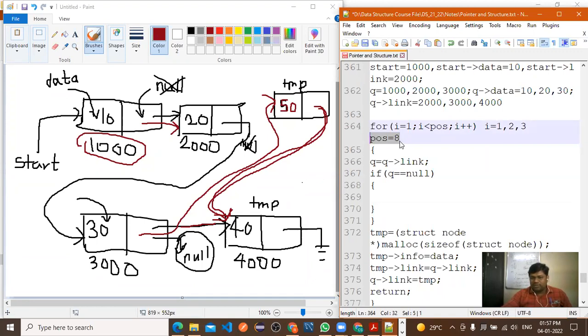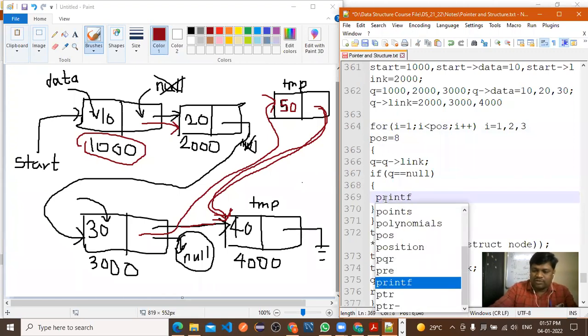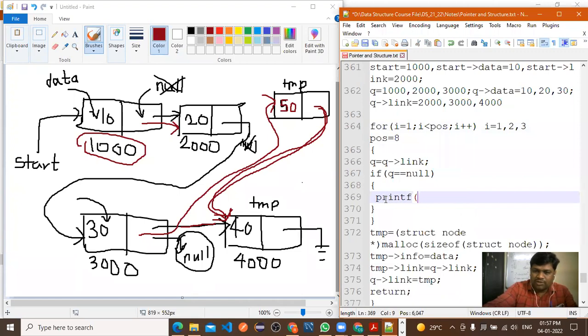Is this position available in the list? No sir. No. So at that time we'll check if the q is equal to null. So at that time directly we'll display the message. So the position is not available. POS not available like this, or position is not available